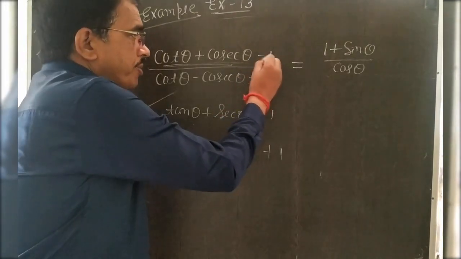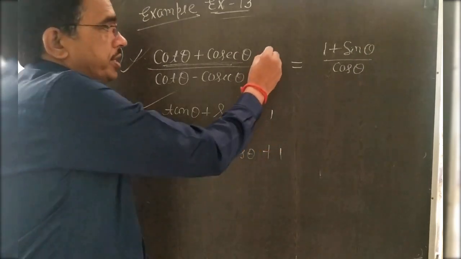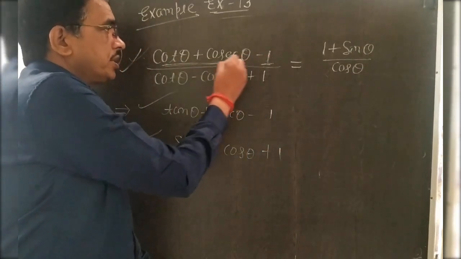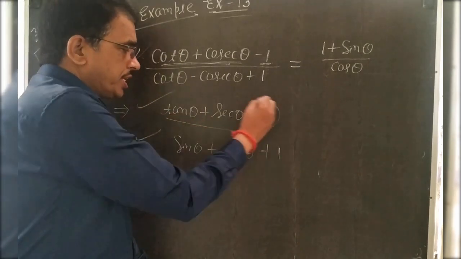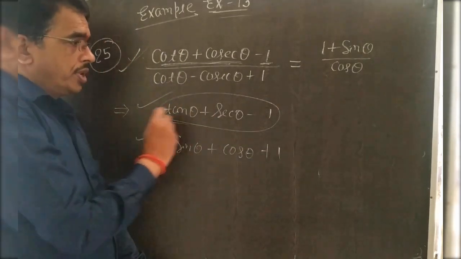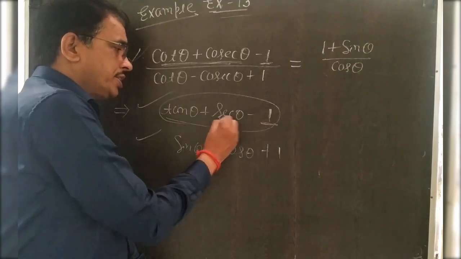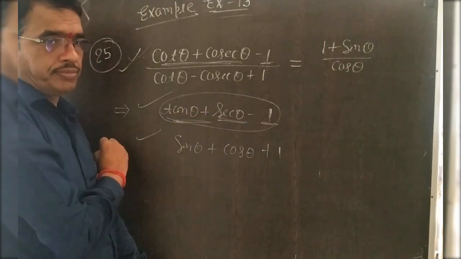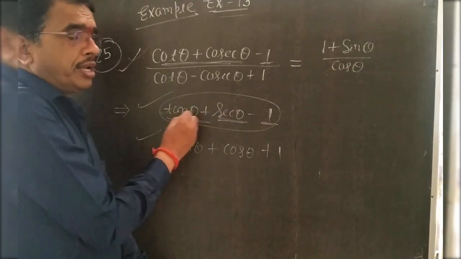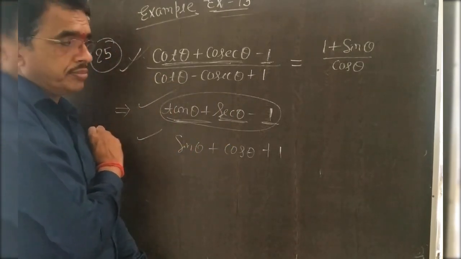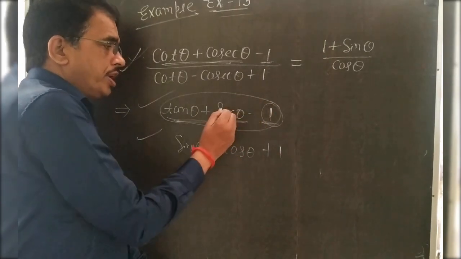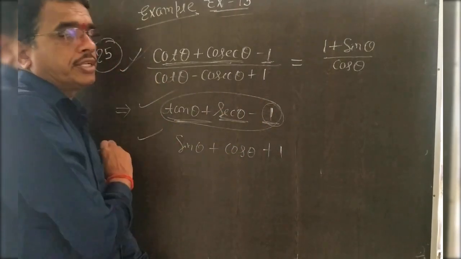Only this one will be changed. It is the rule. This one is only changed in the form of cosec square minus cot square. If your question is like this, then this one is changed in the form of sec and tan, and the form of 1 here is sec square minus tan square. Then in the place of 1, you write sec square minus tan square.